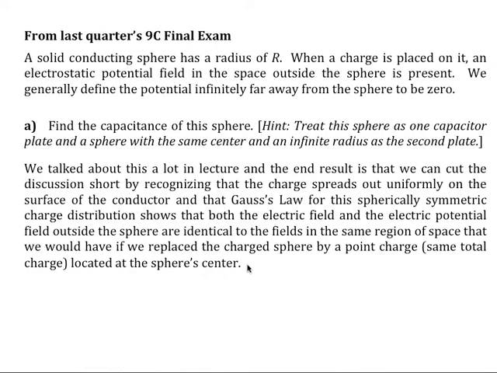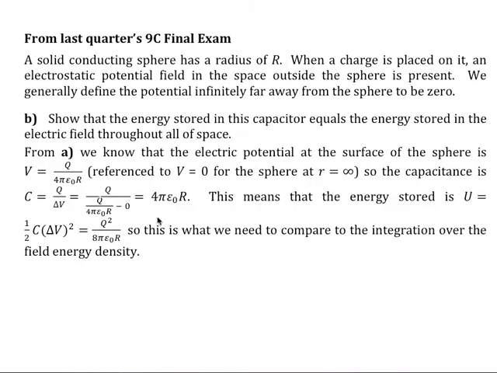So this doesn't say that the electric field is the same everywhere in space for the point charge as it is for the conducting sphere, just the same outside the conducting sphere radius r. When you're outside that radius, the electric field is the same as the electric field of a point charge if you were that distance away, r or farther away, capital R or farther. So if it's just like a point charge, then the voltage is Q over 4 pi E0 R at the